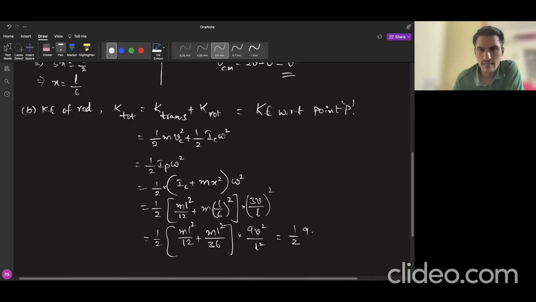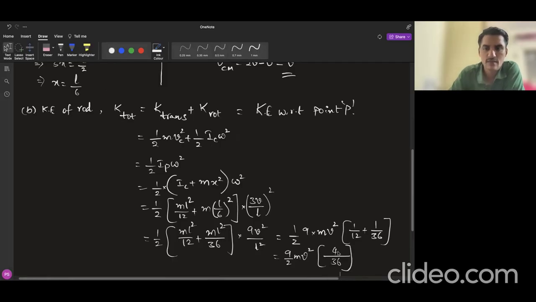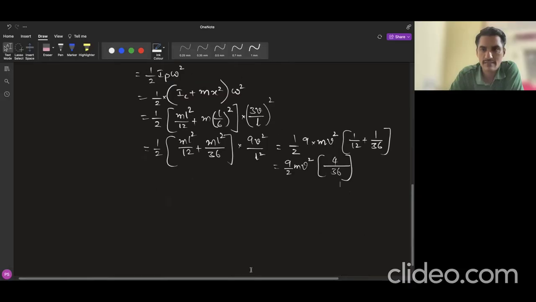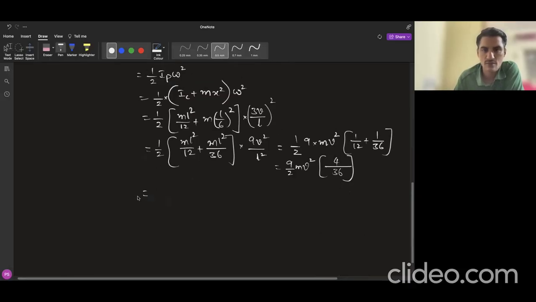Half into 9 into m into, L square gets cancelled, mv square into 1 by 12 plus 1 by 36. Therefore, 9 by 2 mv square into, 36 means here it will be 36, 3 plus 1, 4 by 36. Therefore,